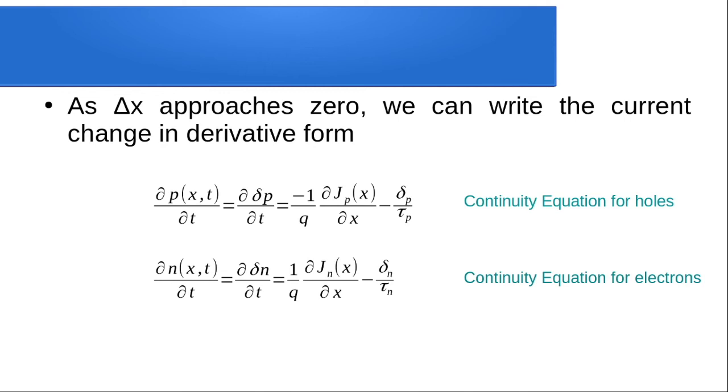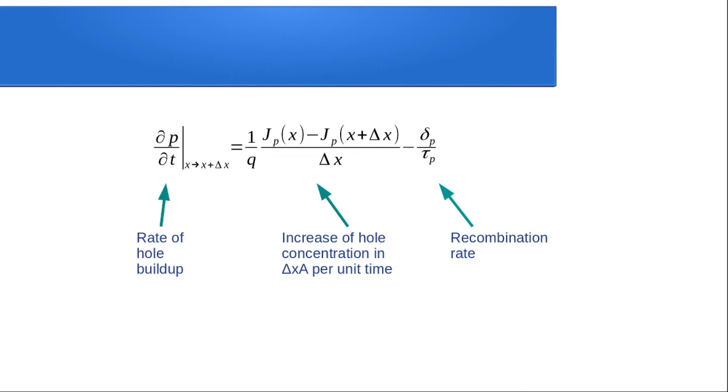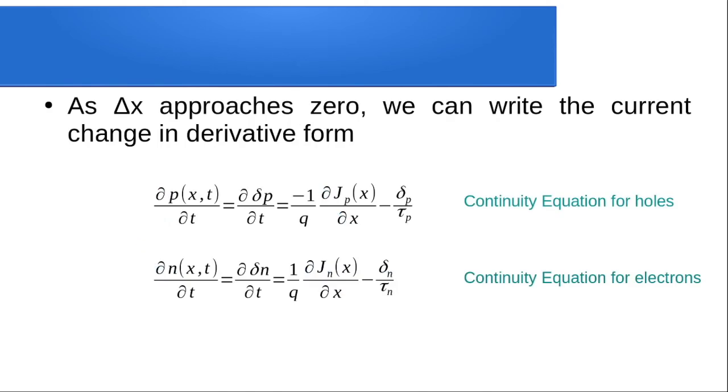We make necessary rearrangements in the previous equation. I will show the previous equation once again. We are taking that delta x is approaching 0. That is why we can rewrite the equation in this format. Dou by dou t of delta p is equal to minus 1 by q dou Jp of x by dou x